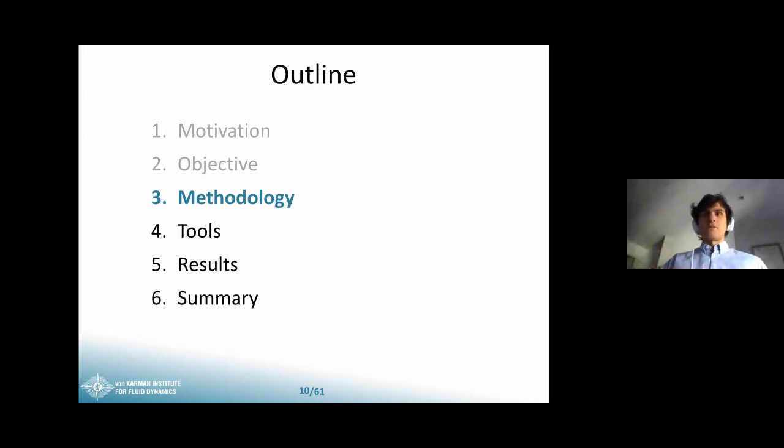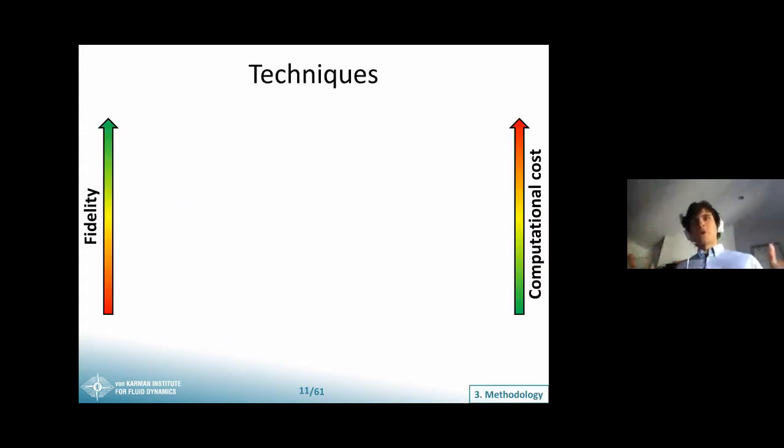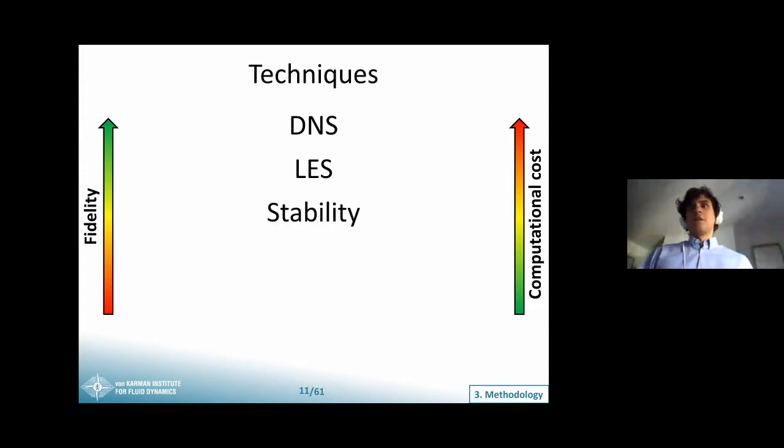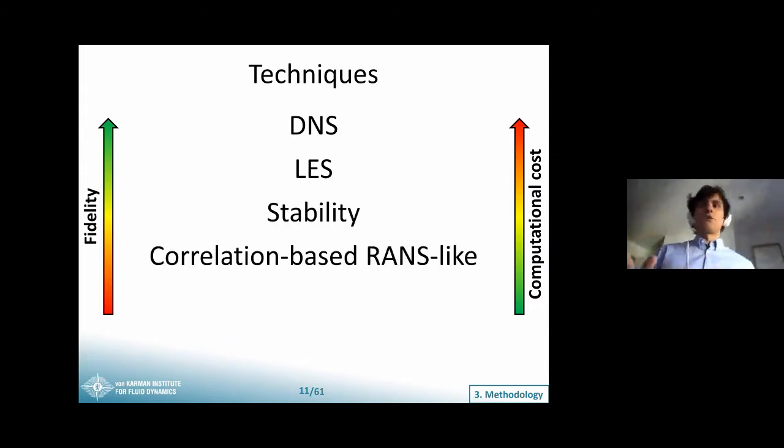Okay, so starting with the methodology, there's a wide variety of techniques that we can use to study laminar to turbulent transition, and we can arrange them in order of increasing fidelity and, of course, computational cost. At the top, we would have DNS, direct numerical simulation, which offers a full description of the flow equations, but is, of course, very costly. Somewhere down the line, we have LES, large eddy simulations, followed by stability methods, correlation-based, RANS-like approaches, and experimental